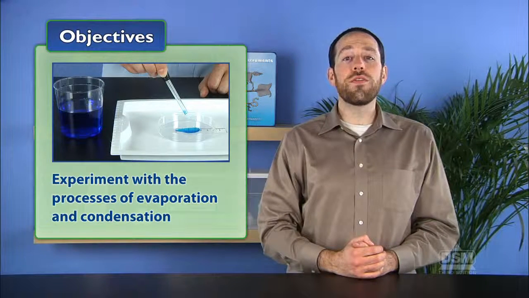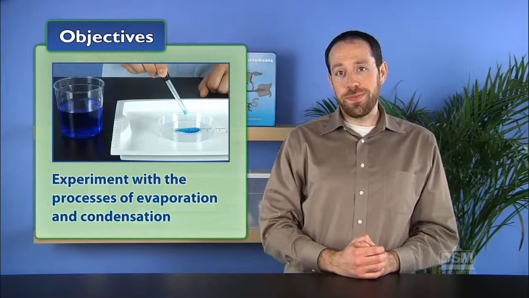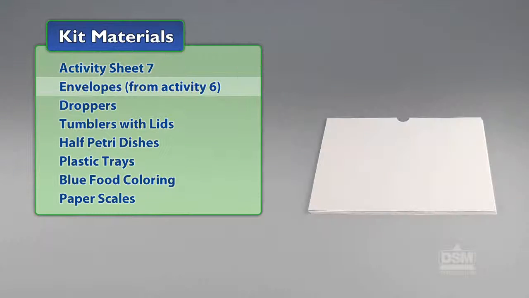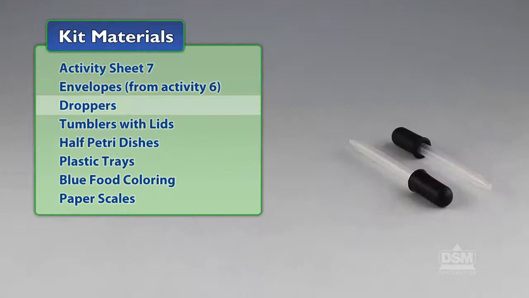In Activity 7, Changes in Water, students experiment with the processes of evaporation and condensation. They infer that it involves a change in the form of water, and finally discover that evaporation and condensation are inverse processes. You will need the following materials from the kit: Activity Sheet 7, envelopes from Activity 6, droppers, tumblers